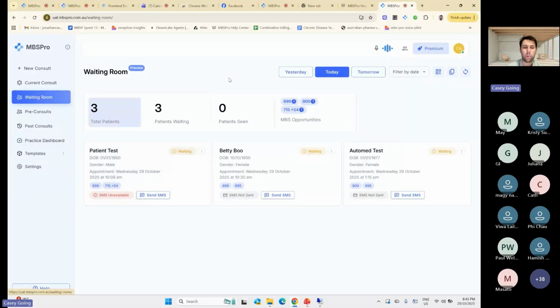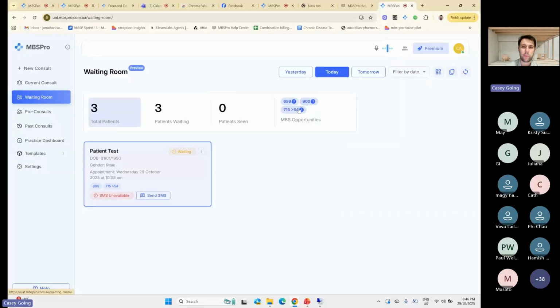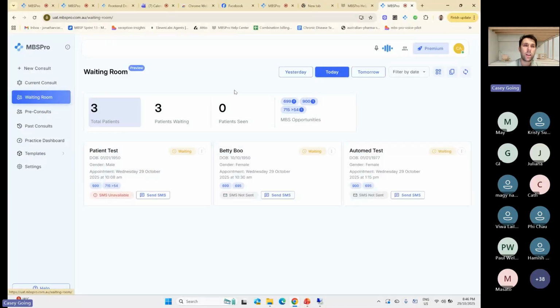The waiting room hopefully will look something like this for you. We're adding in some updates to make it a bit clearer and easier to see what item numbers are due. You can search via the item number to see what things are due. This will be added as well into our clinic portal, which I'll show you in a sec, which is more of an admin, reception, nurse point of view. So they'll be able to see your patients, what's due, and hopefully get those things done for you from a workflow point of view. I'll touch on that in a second.